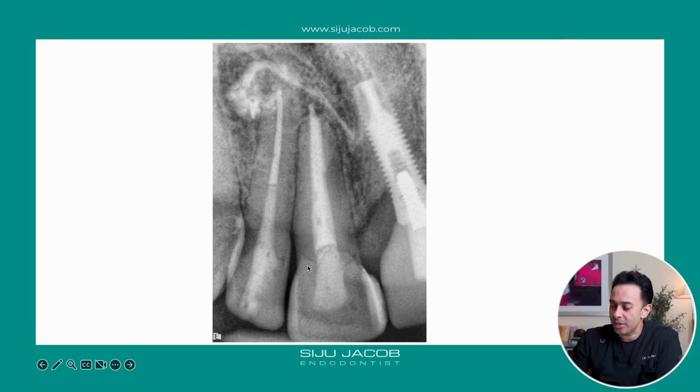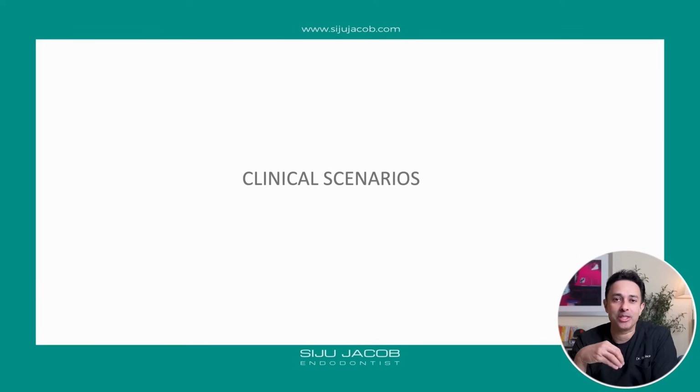The second problem, of course, is if the cervical area is very weak, when you do endodontic therapy in very young teeth, then usually this part can fracture. So that's the second problem. Rather than getting into too much theory, the way I like to do this is to try and categorize these into clinical scenarios. If you and I get a case like this in our clinics, how are we going to manage this? How are we going to differentiate all these different clinical scenarios, and how do we plan treatment? This is what I want to talk about in this deep dive about open apices.